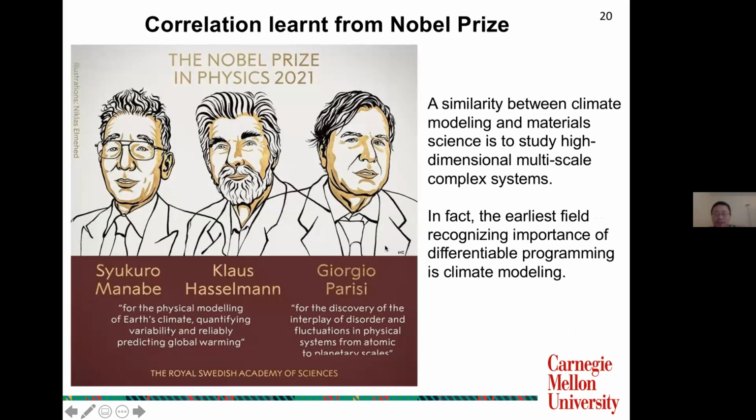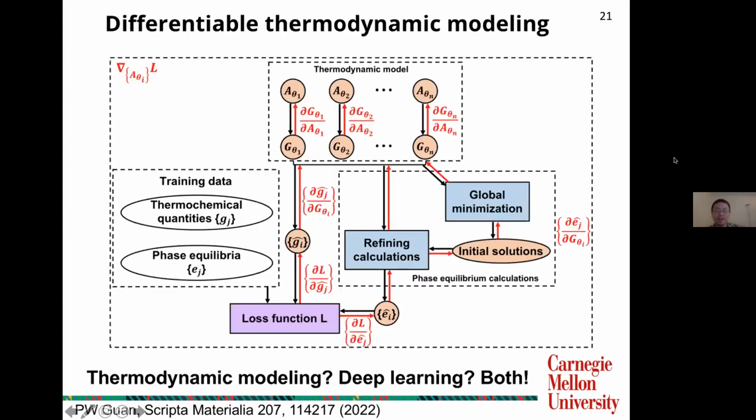But a similarity between climate modeling and material science is that they both study high-dimensional multi-scale complex systems. In fact, the earliest field recognizing the importance of differentiable programming is climate modeling. So, with these ideas in mind,